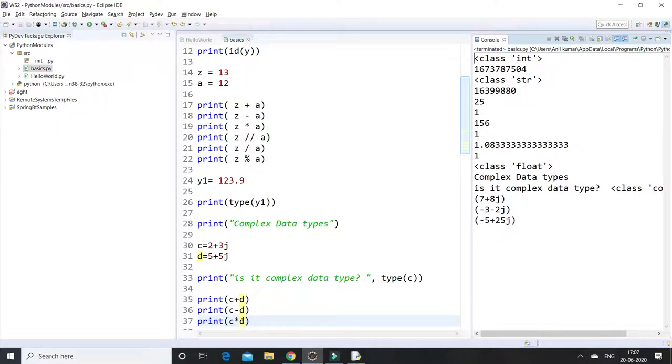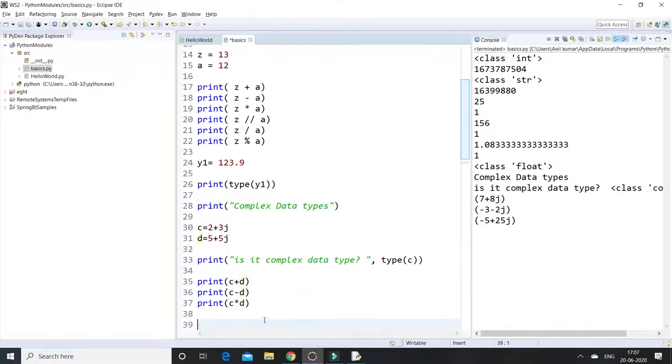Here we are doing multiplication using the complex data type. For 2 plus 3j and 5 plus 5j, let me show you how the output will come. 2 plus 3j multiplied by 5 plus 5j.